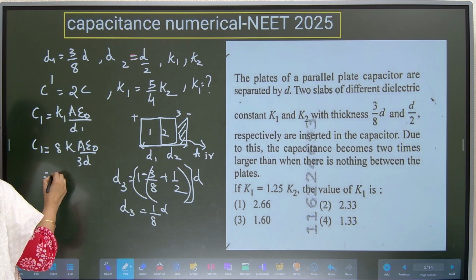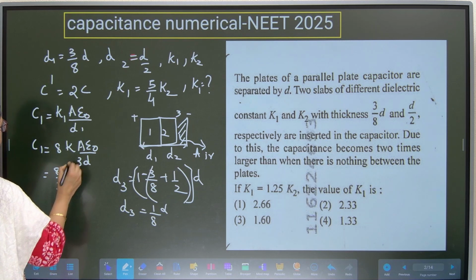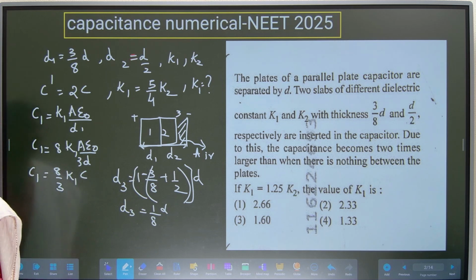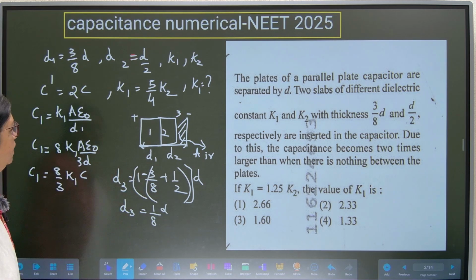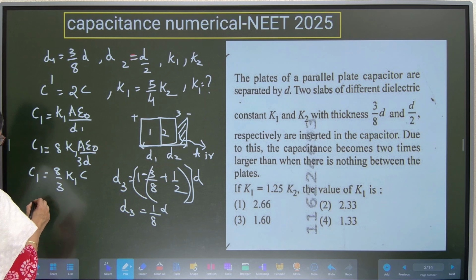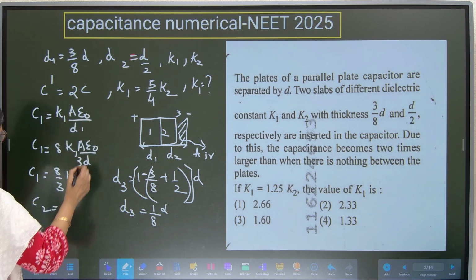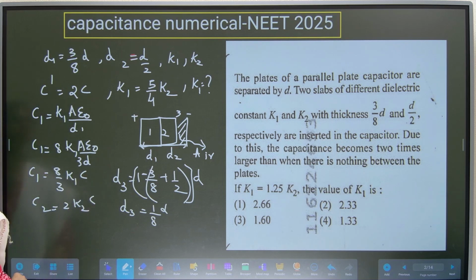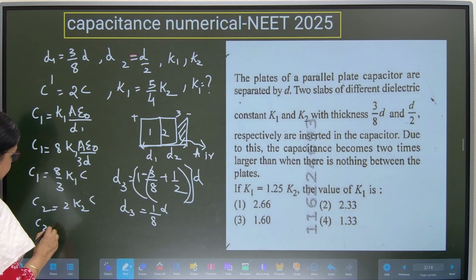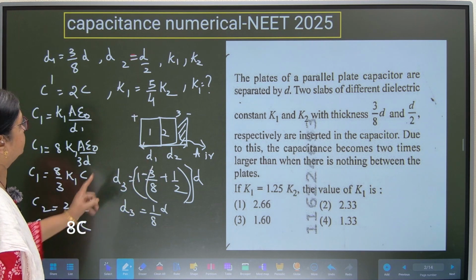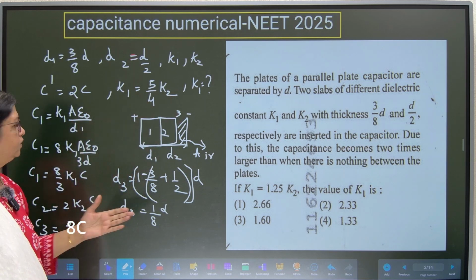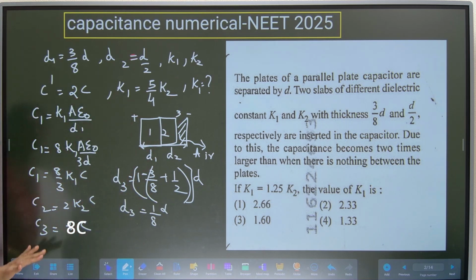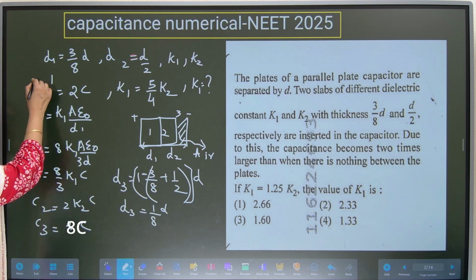So C1 is equal to 8 upon 3 K1 C. Similarly, C2 is equal to 2 K2 C. Similarly, C3 is with air, so there is no K here. The K1 and K2 is not there. Fine. So we are ready with C dash,